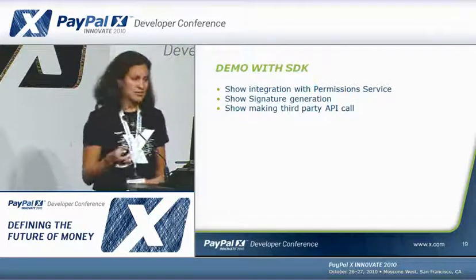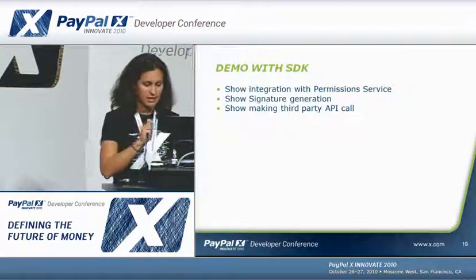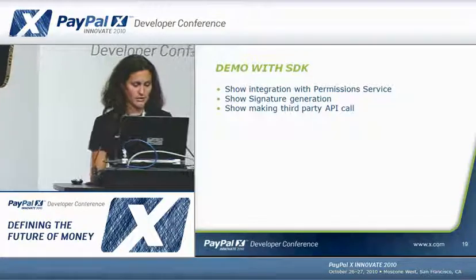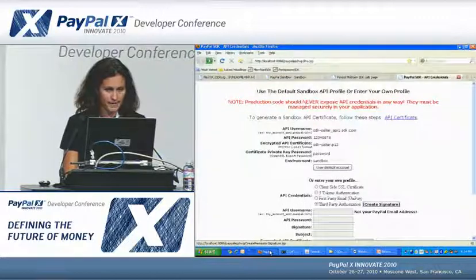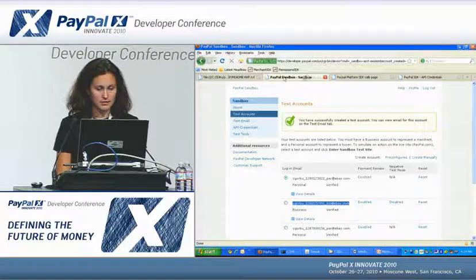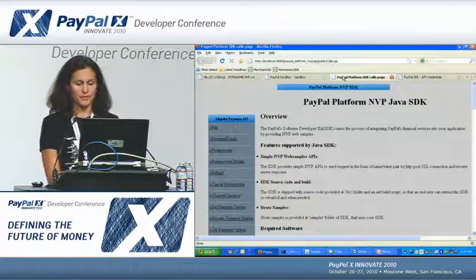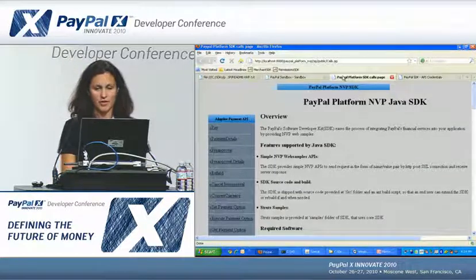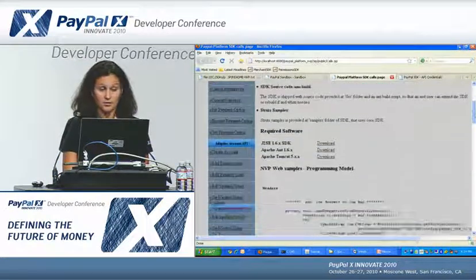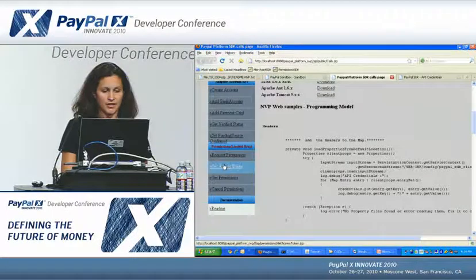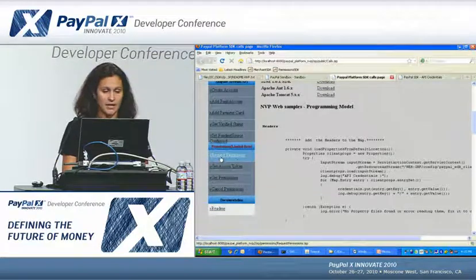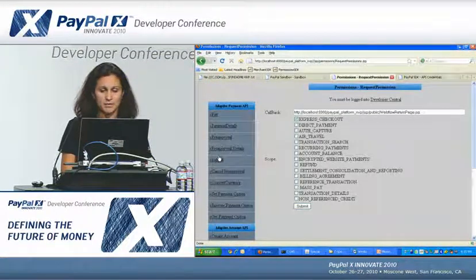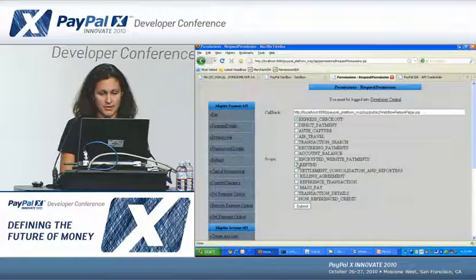So now I'm going to switch to a demo. I can demonstrate all those API calls on Sandbox. This is an example of an SDK, a Java MVP SDK. It should be available on x.com right now. Right here, all of the APIs are listed. This service is in beta right now. So if I'd like to request permissions, let's say express checkout, do direct payment, refund,